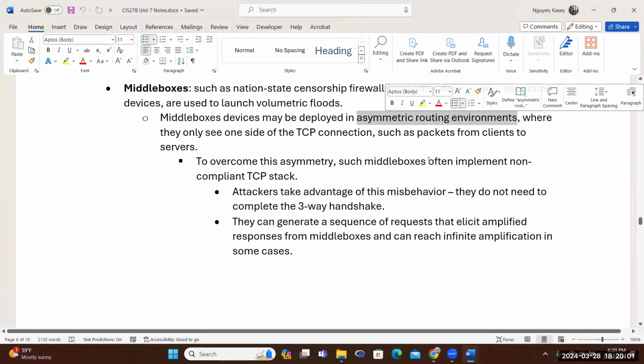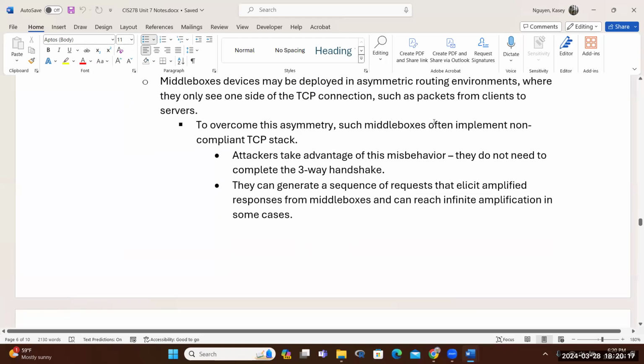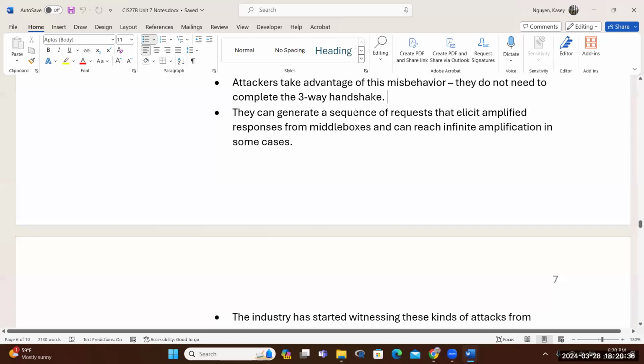It uses an asymmetric routing environment. When you say asymmetric, that means it's not identical. So they are different as far as connections for the packets if you have many. To overcome this, the middle boxes would implement a TCP stack that's non-compliant. We know that TCP has a three-way handshake. It needs to acknowledge that it's going to establish a connection, right? And then confirm it. So the way that they attack is to generate a sequence of requests that would encourage